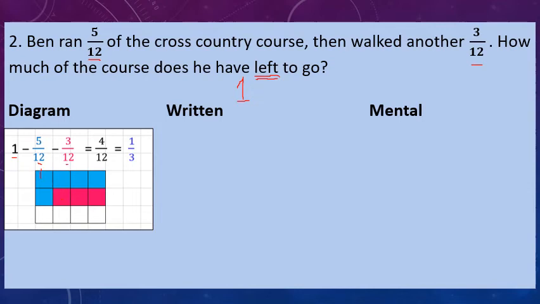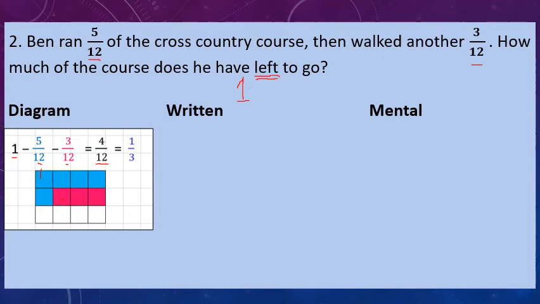Now that leaves me with 4/12 that are unshaded, which represents what is left to go on the cross-country course. So how much of the cross-country course he's got left to go. Because I've only been given the fraction information, I haven't been given how long the course is, I can only represent my answer as a fraction. So here I can represent it as 4/12,